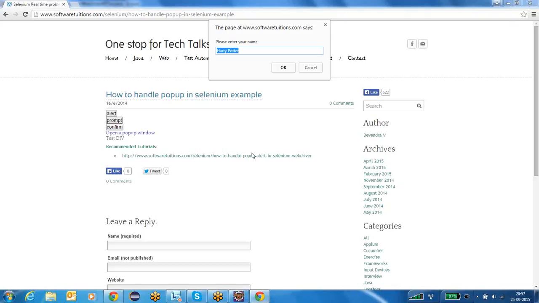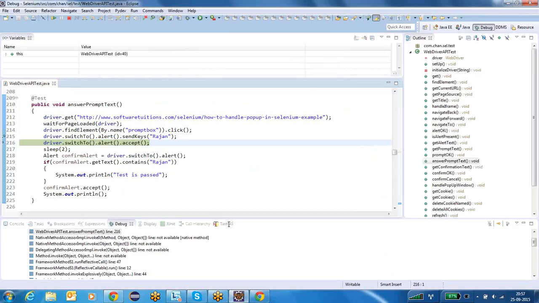Now, how can I prove Rajan is entered there? If I click on the OK button, it should say hi Rajan. It should not say hi Harry Potter. If it says hi Harry Potter, that means the value I entered is not present there. But if it says hi Rajan, that means the value Rajan is entered into the prompt box. We'll see that now.